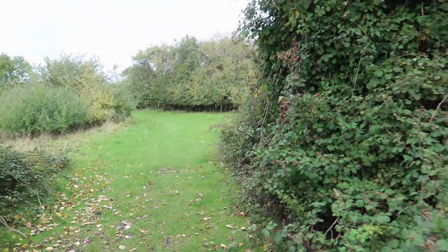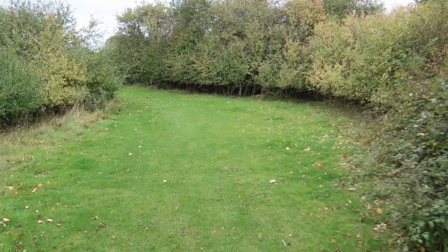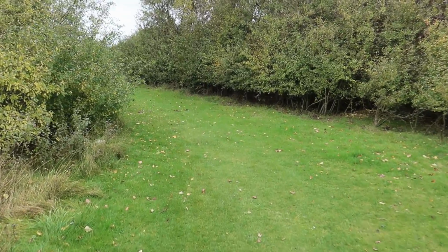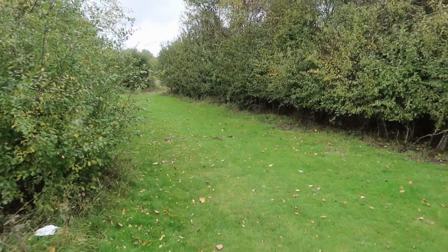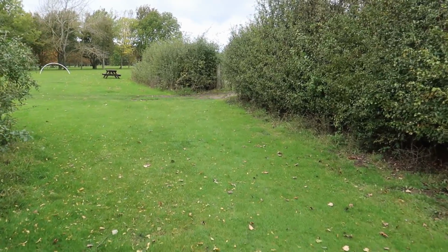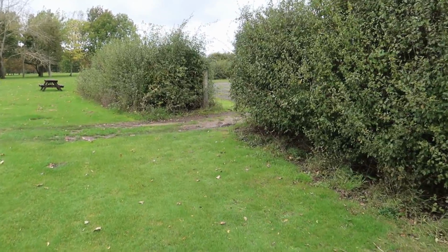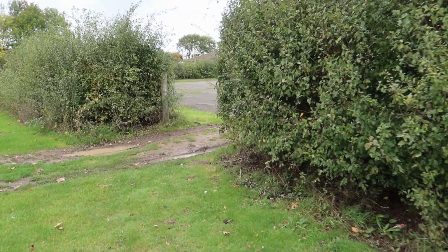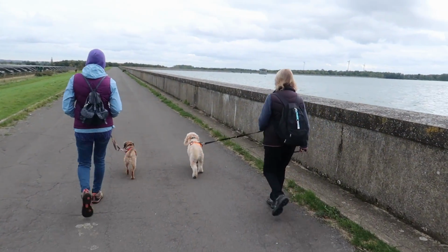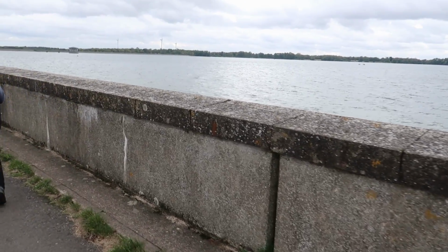Well, we're finding a lovely walk. We're just going to go along here and up along the... We've actually doubled back on ourselves a little bit because we took the wrong path. Easy to do here because there's so many little footpaths. So we're now going to go through the gap in the hedge here and pick up the path that goes across the Grafham Water. Well, we're walking along this causeway now, and we've got the Grafham Water on the right hand side here, quite choppy,